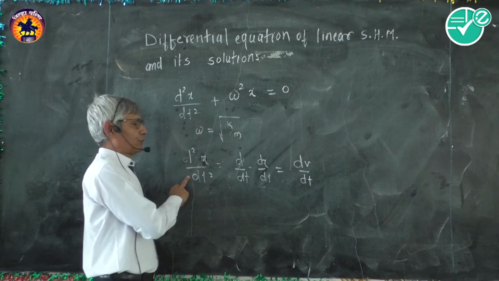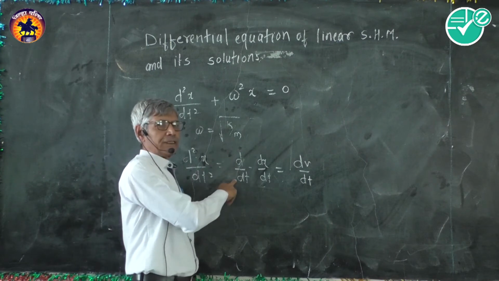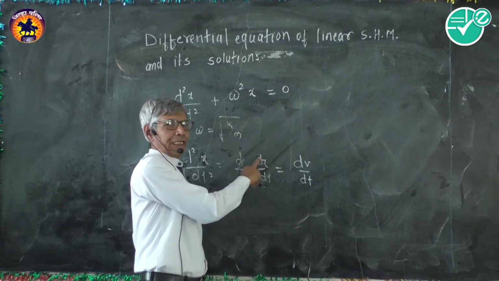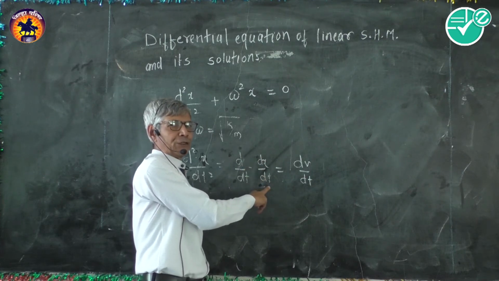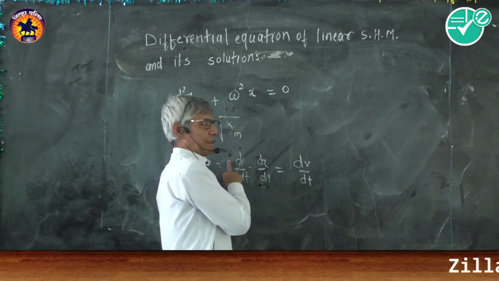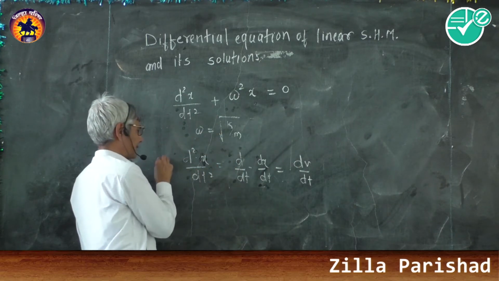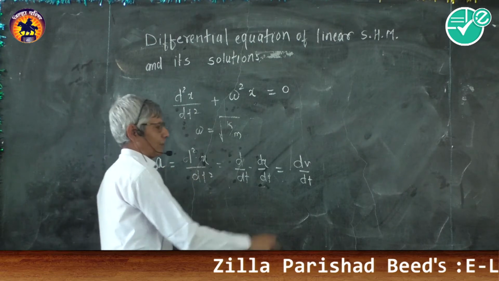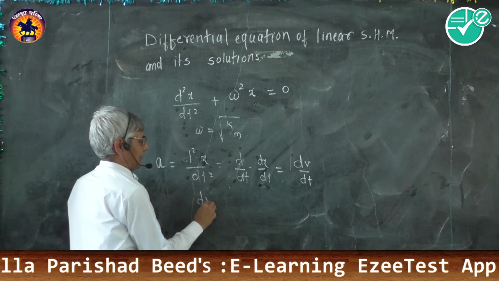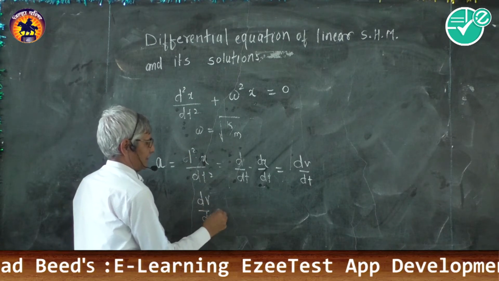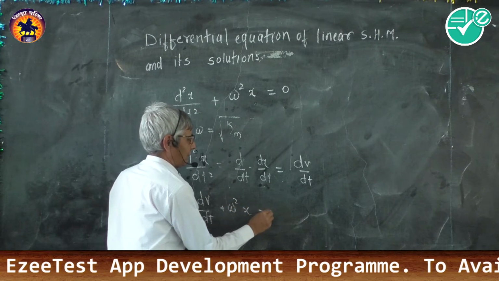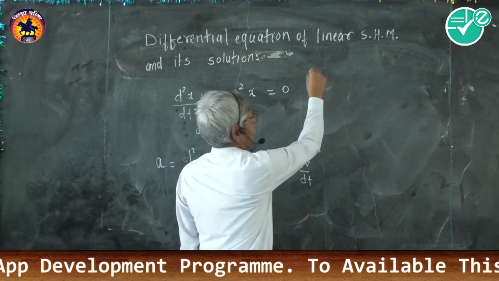So d2x by dt2 is d by dt of dx by dt, where dx by dt, rate of change of linear displacement with respect to time, is linear velocity. So we can write linear acceleration a is equal to dv by dt. So the differential equation becomes dv by dt plus omega square x is equal to 0. Once again,